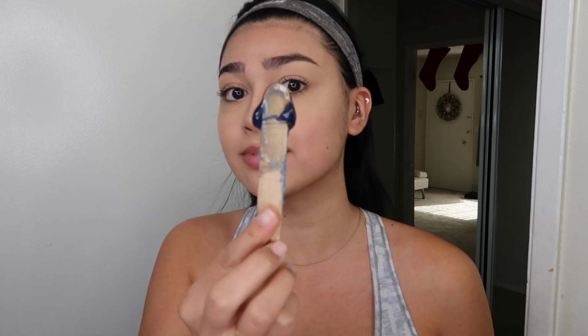As you can see, I already have my headband in, but I'm gonna put my clip in as well. Before you start waxing, you wanna make sure that the area you are going to be touching is nice and clean and exfoliated, so it has maximum potential for the wax to pull it off and to keep your pores nice and clean. I like applying a generous amount, and I put it on this little popsicle stick that